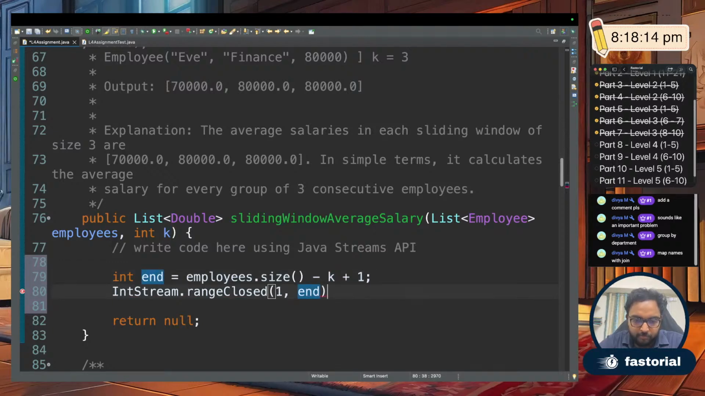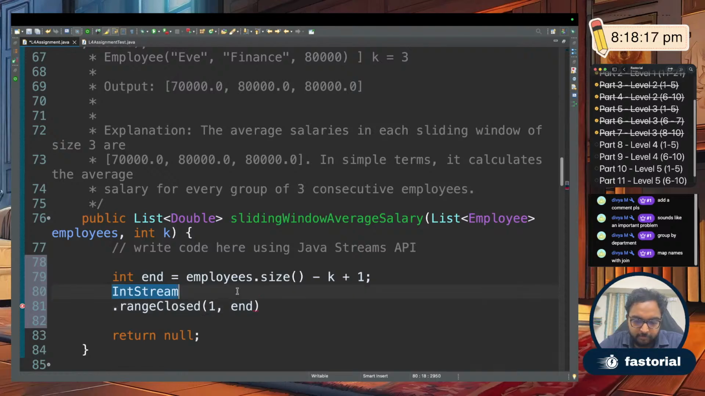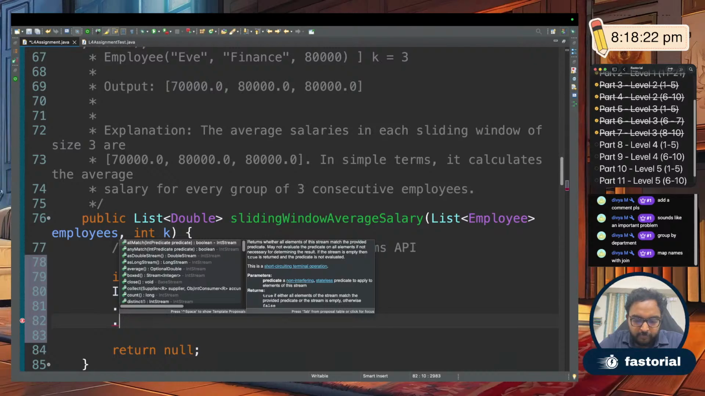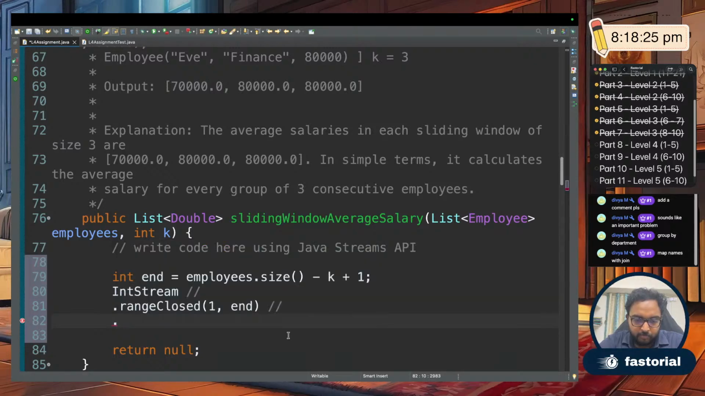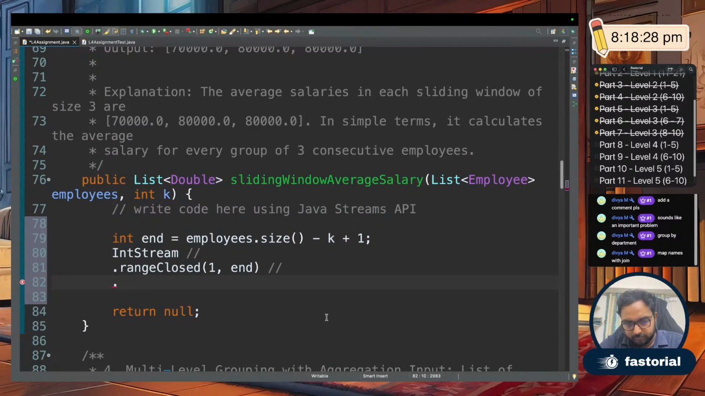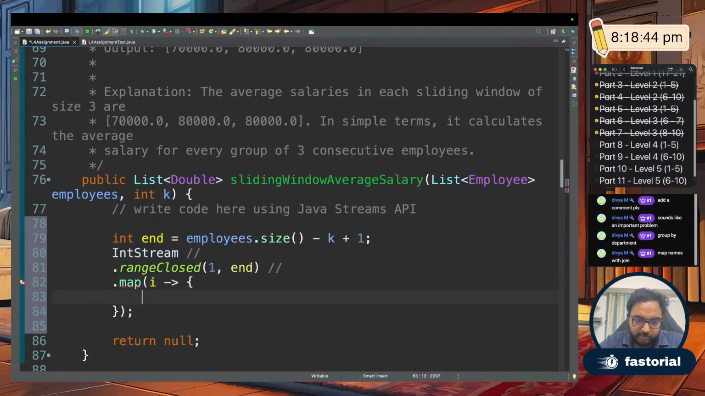Now let me write it in a new line so that it is easier to read. Then I'll do dot map, right? For each item, what should I do? Map. Now you get i as the value, whatever number is coming through the rangeClosed. For each i, I'm going to run a function. The method map is not applicable for the item. For each i, what I'll do is